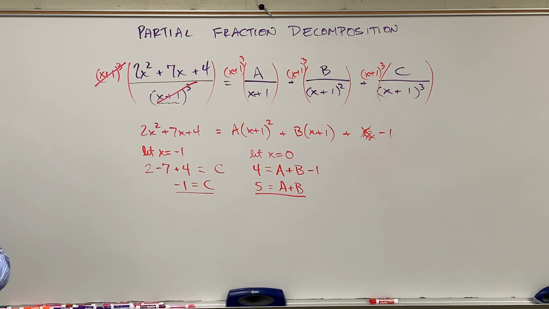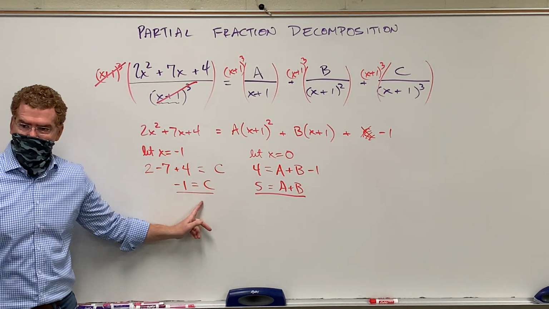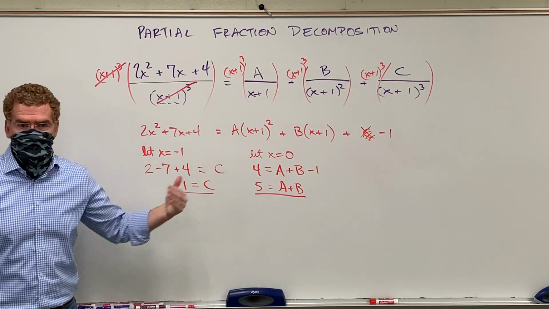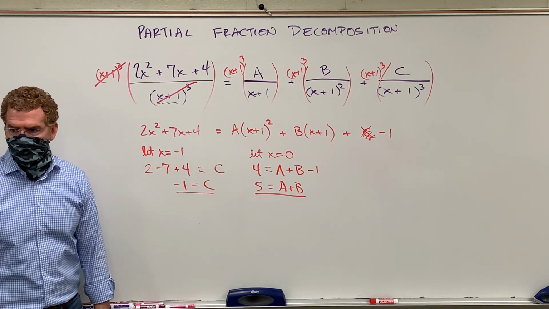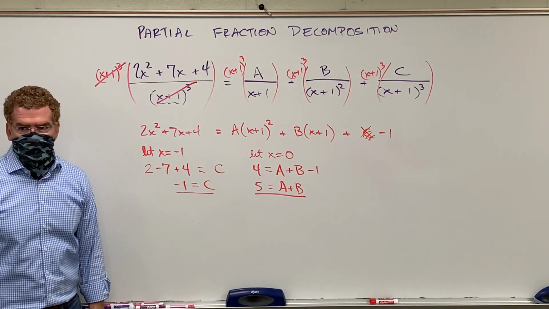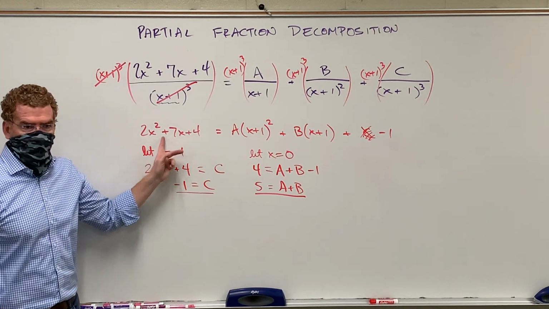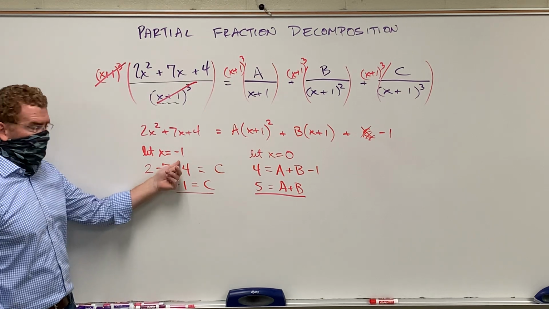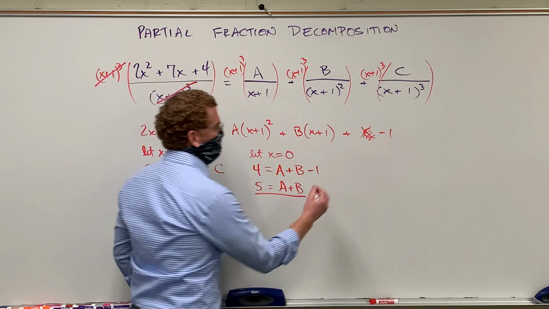But wait, can't I do this again? Again, I can do this all day long. Sometimes there are values of x that make it really great. But sometimes the values of x might not make it great, but at least they get me a system. Is there another x that might be easy to plug in? 1? Why not? I mean, you can plug in 7 if you want and make your life miserable, but I'm a big fan of 0s and 1s and -1s. I've already used -1, so I can't use that again. But if you picked +1,